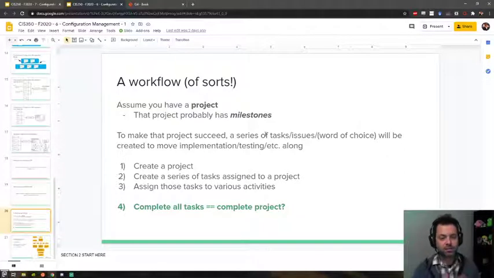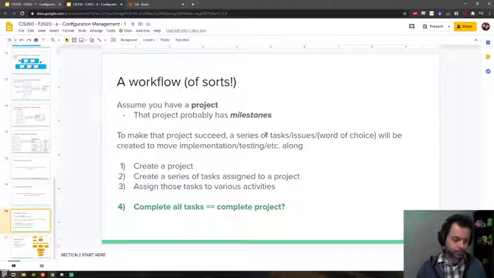Call it a task, call it an issue, call it a user story that you're checking off, whatever it is. You want to make sure all of these little artifacts are satisfied as you go along the way. So your basic workflow for a project, this will apply to any config management tool. You create your project. You go through all the rigmarole of finding a customer, defining requirements, going through all the steps of your process, right? So that is your project.